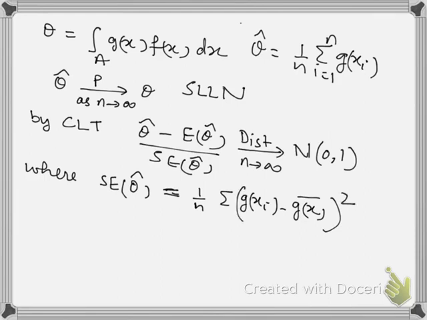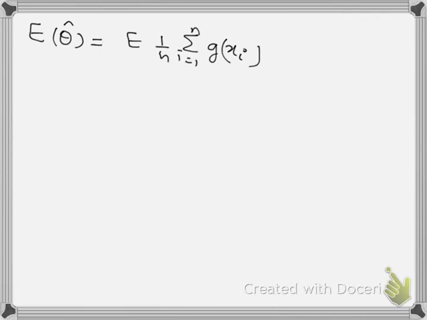Also, we can evaluate the expected value of theta hat. Let's do that. So let's add one more slide here. Expected value of theta hat is equal to expected value of 1 over n sum of g(xi), i goes from 1 to n, which can be written as, because they are independent and identical, 1 over n sum i from 1 to n of expected value of g(xi),